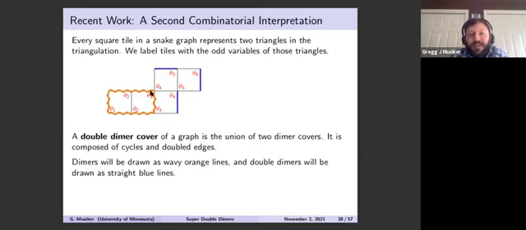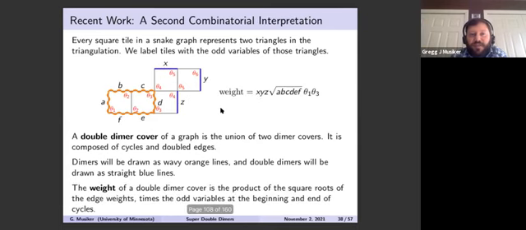And that's part of a cycle. And it's provable, since every vertex of a double dimer cover has to be incident to exactly two such edges, that it's double dimer edges and cycles. And we give a weight of a double dimer cover in a